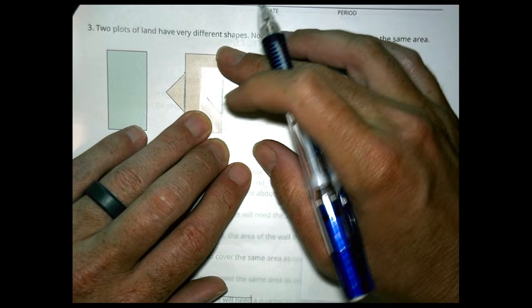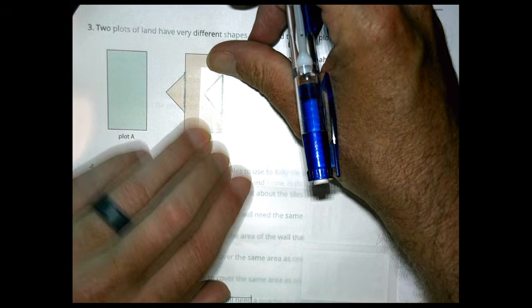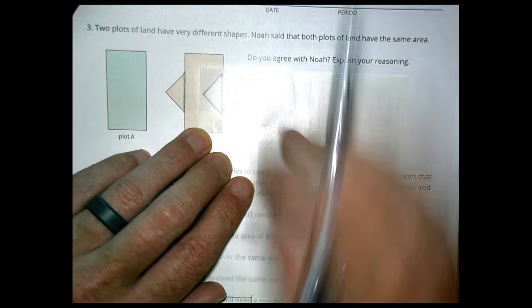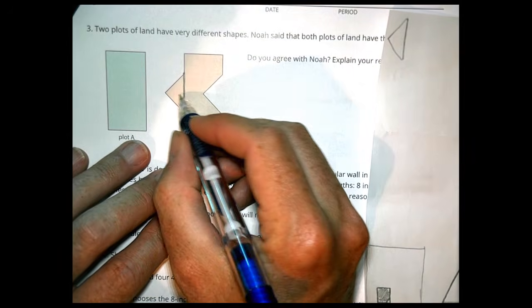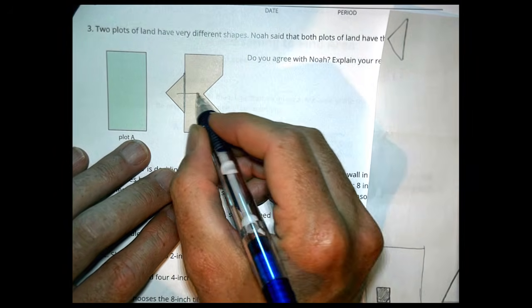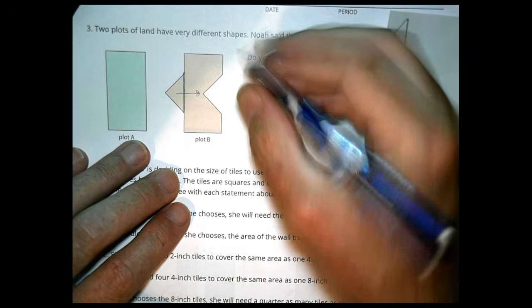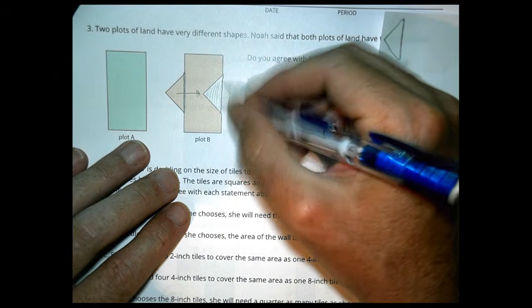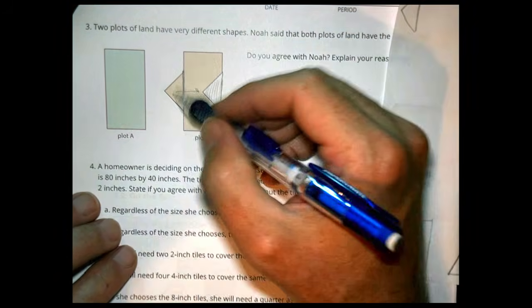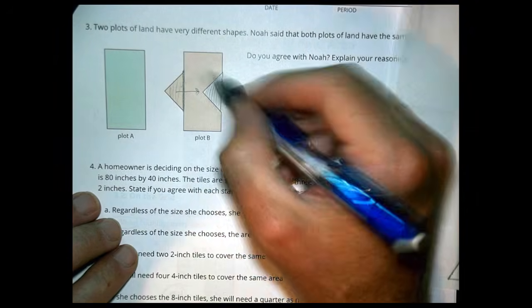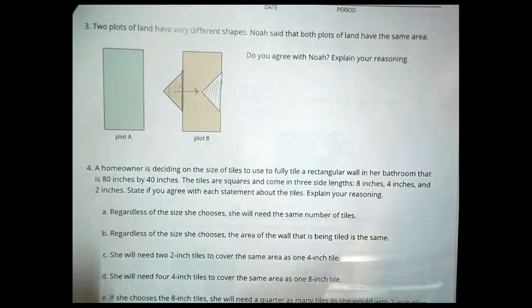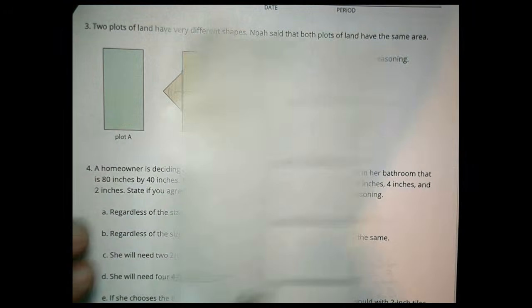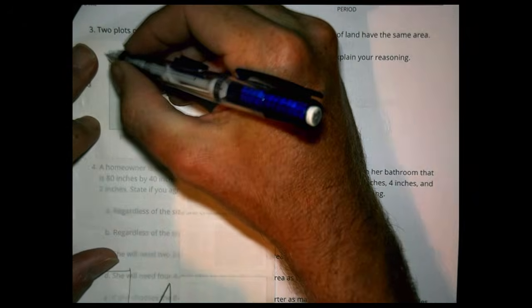Look at that. It fits right in that space. So, this triangle piece, if I decompose it and slide it over there to that space, it actually fills that gap completely and perfectly. So if I take this piece and cut it again and move it over there, I have the same exact space. Then all I still have to do is decide, is this square, or rectangle, sorry,